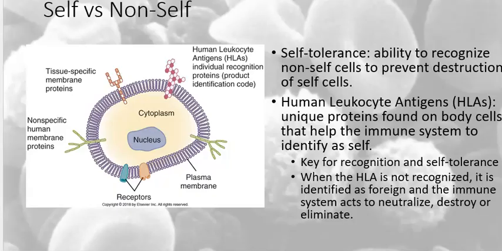So self versus non-self. Recognition of self versus non-self is referred to as self-tolerance. Non-self refers to infected body cells, cells from other people, cancer cells, invading or foreign organisms. The human leukocyte antigen, or HLA, this is a universal product code. It is a protein that